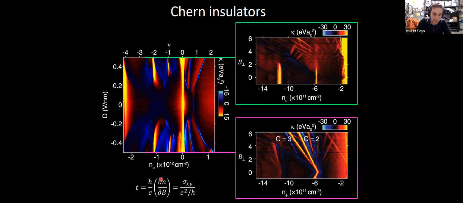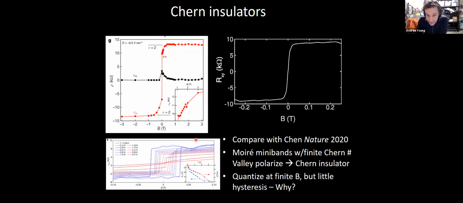The slope of the density where the gap is observed as a function of magnetic field basically tells you the Chern number. It also should imply the quantized Hall conductivity of that gap. And when we measure that Hall conductivity, we find that it indeed is rather close to a quantized value. This is comparable with the observation last year from Feng Wang and collaborators that, in the same filling, you have some Chern number of 2 and rather nearly quantized Hall conductivity at that filling once you apply a magnetic field.